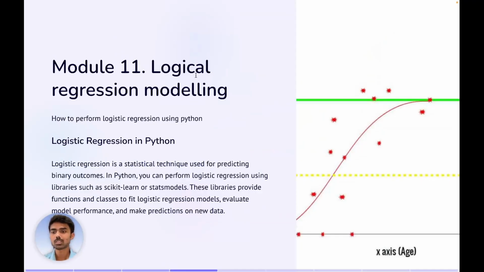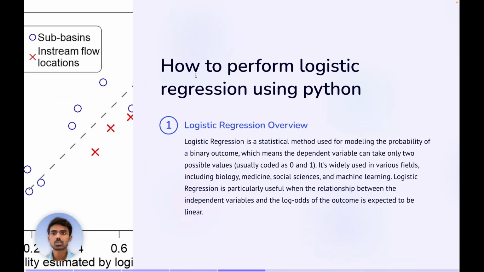In module 11 of our data science assignment, we have logistic regression modeling. Logistic regression modeling is a statistical technique used for predicting binary outcomes. For using this with Python, we need to import libraries such as scikit-learn and statsmodels. So our first question related to logistic regression modeling is how to perform logistic regression using Python. A little overview of